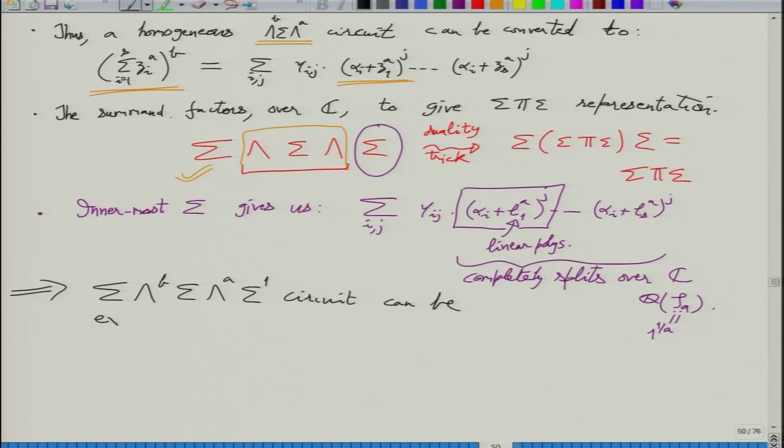This can be expressed as a sigma pi sigma circuit where the bottom sigma has fan-in 2. This can be expressed as a circuit of depth 3 over Q zeta A of size